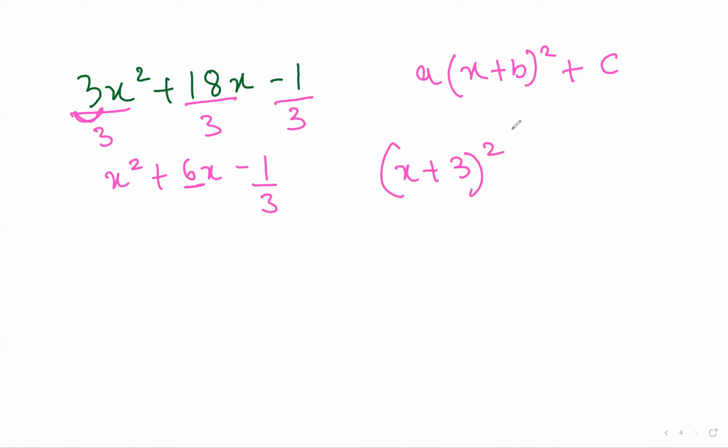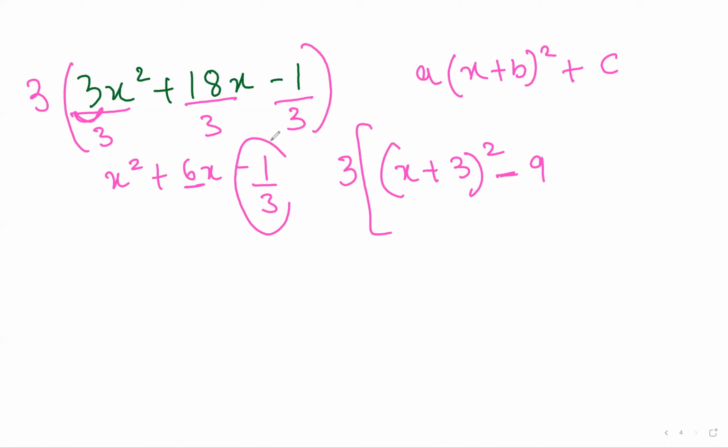But remember one thing, what we did is we have taken 3 common everywhere, right? We have divided by 3, right? So actually we have taken 3 common out here. You can say it this way also. So 3 is common: x square plus 6x minus 1 over 3, because there is no 3 common. So you will take this 3 common outside. So now it will be x plus 3 the whole square. Whether it is plus or minus, the sign will be minus only. 3 square is what? 9. As it is minus over here, I will put minus over here.